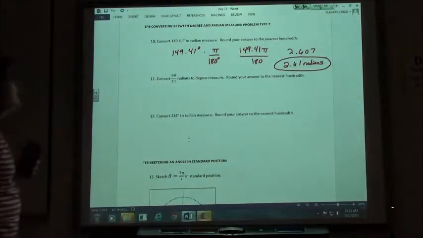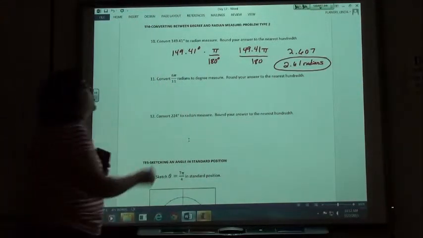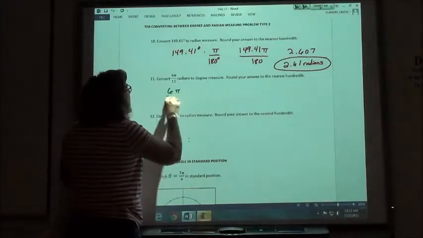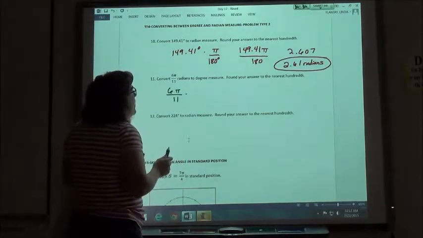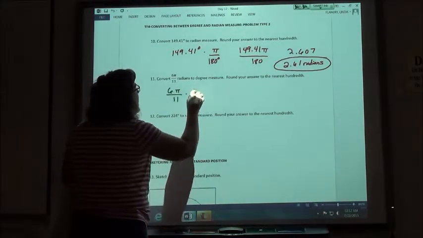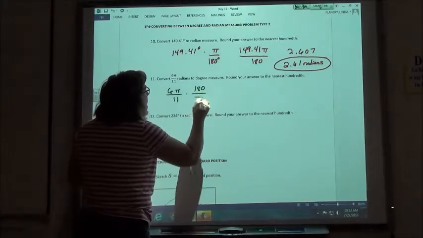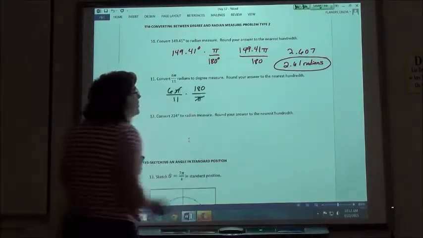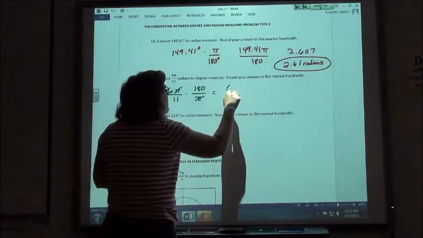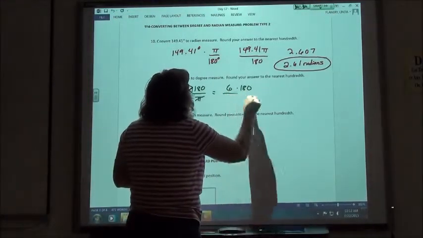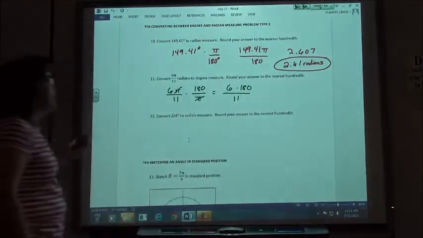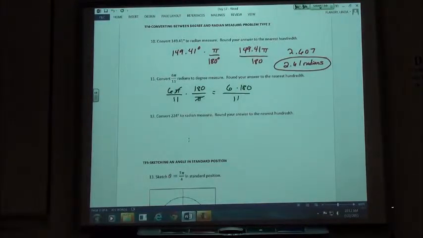Number 11, same kind of thing. I'm going to go from radians to degrees. So I have 6 pi over 11, and I am going to multiply it by 180 over pi so that the pi can cancel out. So I'm going to have 6 times 180 divided by 11, and that's what I'm going to punch into my calculator. So 6 times 180 divided by 11 gives me